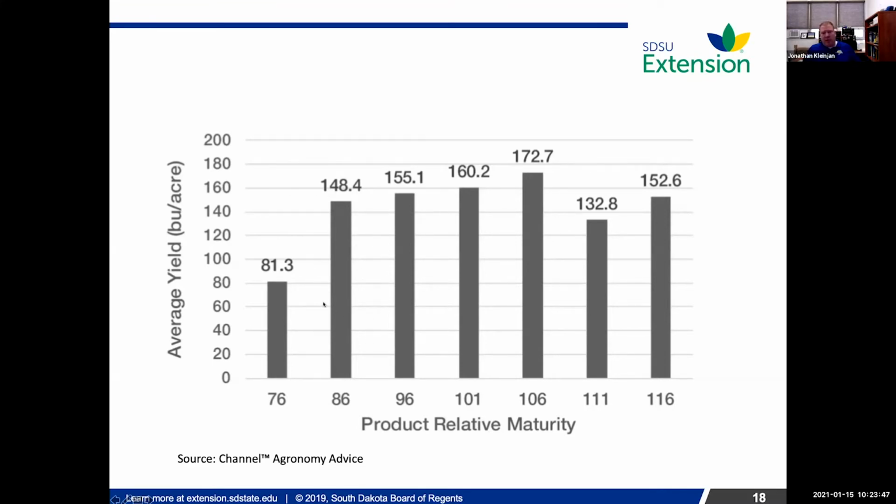One thing I wanted to point out here, you can see the 86-day corn hangs in there relatively well in this study. Once you get down to the 76-day, that is just so far out of its range of adaptation. That's probably designed for way up in northern North Dakota. As plant breeders and agronomists, we know that cereals, especially wheat and oats, have a range of adaptation, and if you get them out of there, it just doesn't work anymore. I don't know the reason.